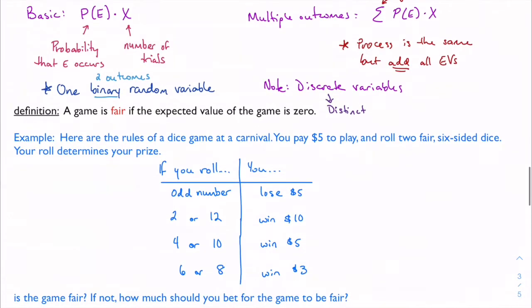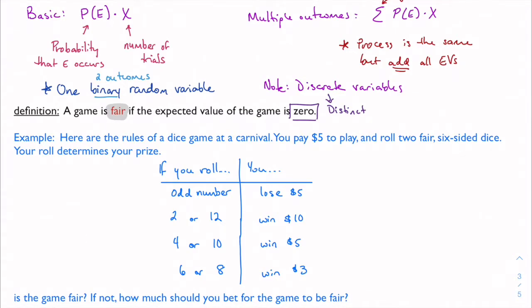And then one of the ways we use this is to define if a game is fair. So a game is fair if the expected value of the game is 0. Right, so no matter what I wager in, if I have to put some sort of bet down, say, I put some sort of money into play. If I have an expected value theoretically of 0, then I have essentially an equally likely chance of winning as I do losing.